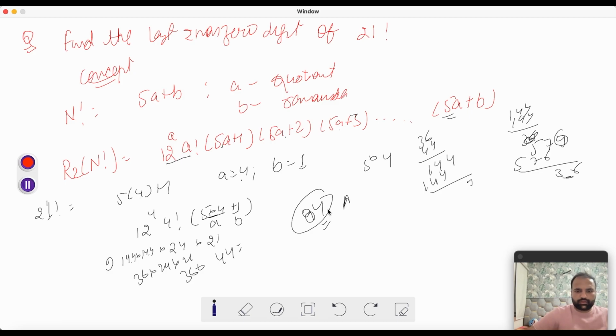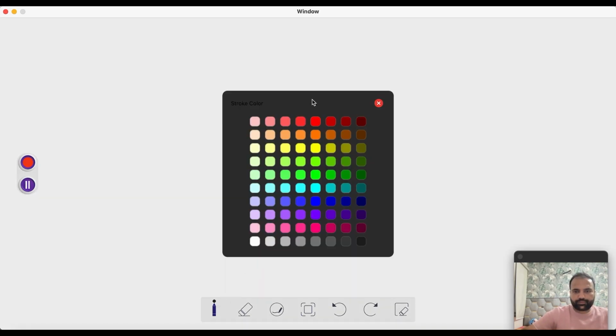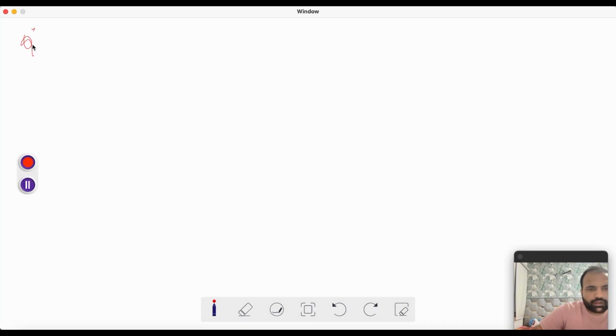Okay, so we'll do another question. Again, find the two rightmost non-zero digits of, let's say, 23 factorial. Okay, so